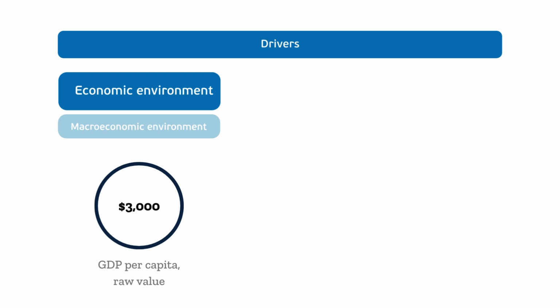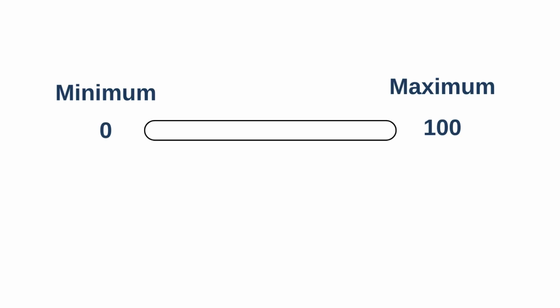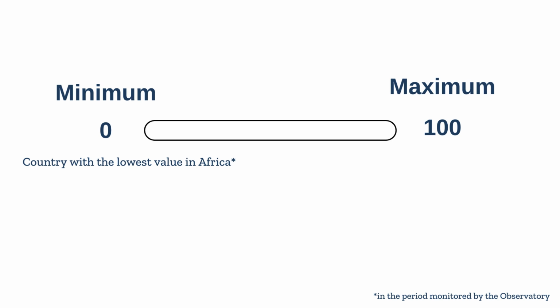For simplicity purposes, let's assume that a country has a GDP per capita of 3,000 USD. We will rescale this value into a score that ranges from 0 to 100. Here is how it works. For each indicator, the country in Africa with the lowest value in the period monitored by the observatory gets a score of 0. Conversely, the country in Africa with the highest value in the period monitored by the observatory gets